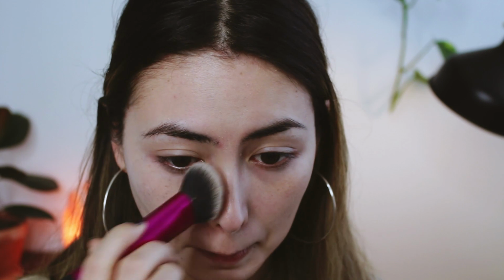I'm tempted to do a little bit more on this area here so we can see if it builds up. I don't normally do that when I am getting ready for work, but I just want to try layering it a little bit to see if we can build up the light coverage just a smidge. Normally I would just do the one layer that I just showed you and then do the rest of my makeup, and that's my everyday routine. But I might as well test out